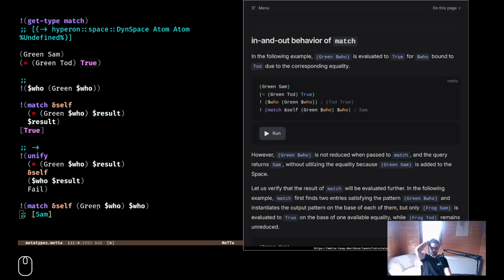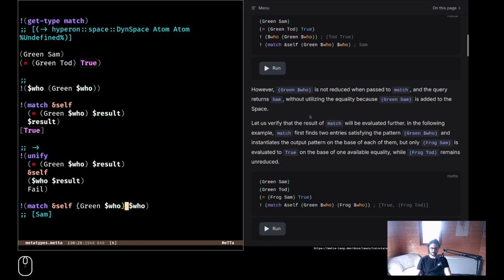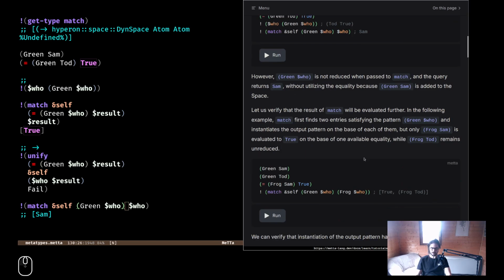Green who is just a pattern. We pass the pattern green who here. Because of the type signature of match atom, green who is not reduced when passed to match, and the query returns Sam without utilizing the equality because green Sam is added to the space.